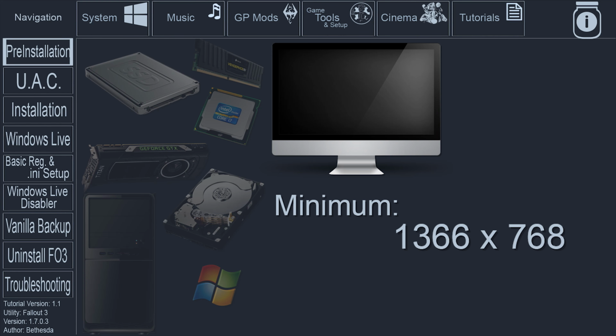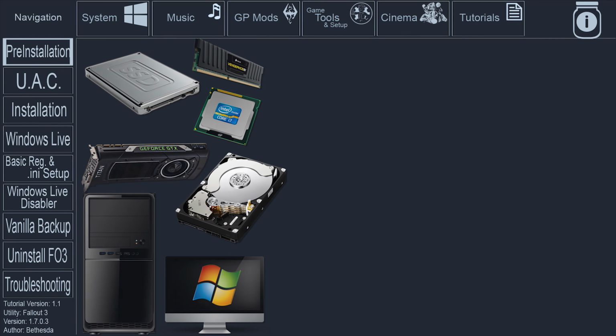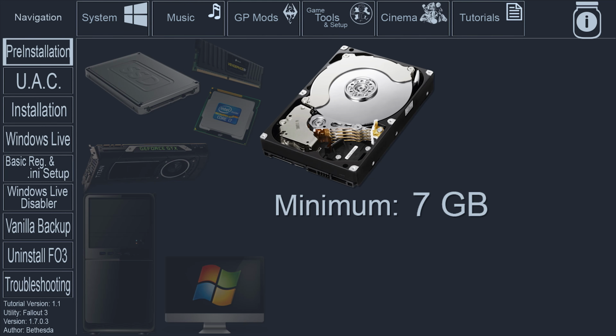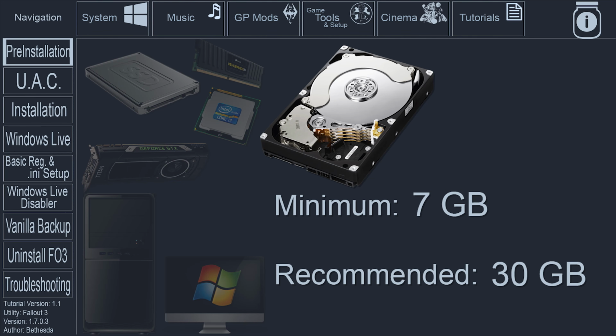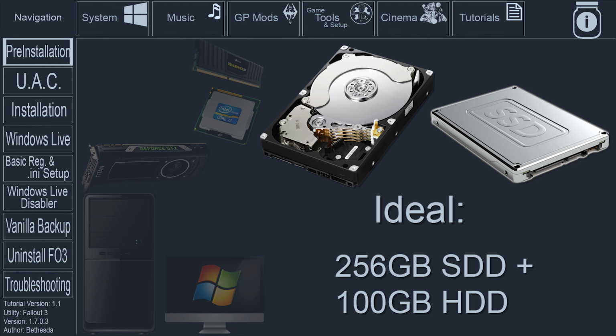Monitor resolution. The minimum requirement is 1366 by 768. The recommended minimum is 1920 by 1080. Disk space. The minimum requirement is 7 GB of free HDD space. The recommended minimum for modders is 30 GB of free HDD space. Ideally, I would prefer to have a 256 GB solid-state drive or larger and 100 GB of free HDD space